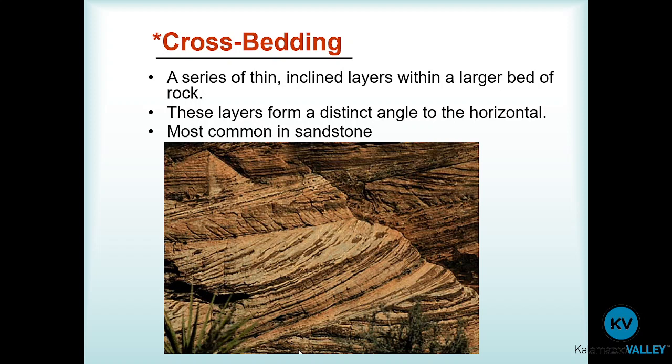Steeper slope means a stronger current, and the direction of the slope indicates the direction that it was flowing in. And the latter of those two can sometimes be a bit counterintuitive. For example, with these, it may be hard to tell, well, relative to how this is oriented now, was the current flowing to the left or to the right originally? And in this case, it was flowing to the left